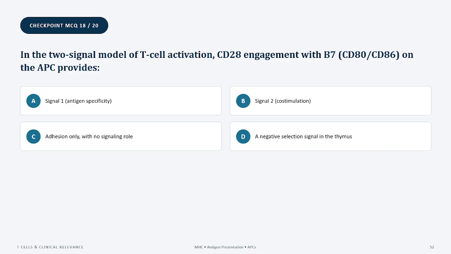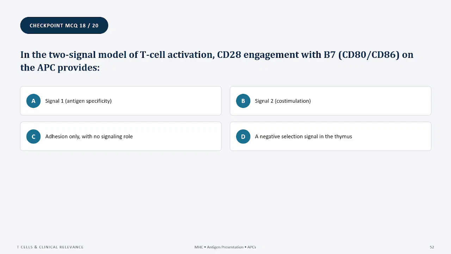So the T cell activation requires two distinct signals to prevent inappropriate immune responses. Signal 1, which is the antigen specificity, occurs when the T cell receptor binds to a specific antigen peptide presented by the MHC molecule on